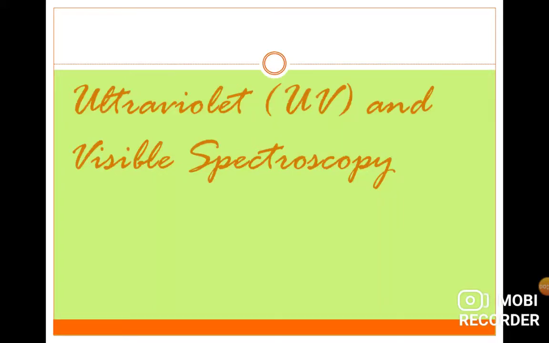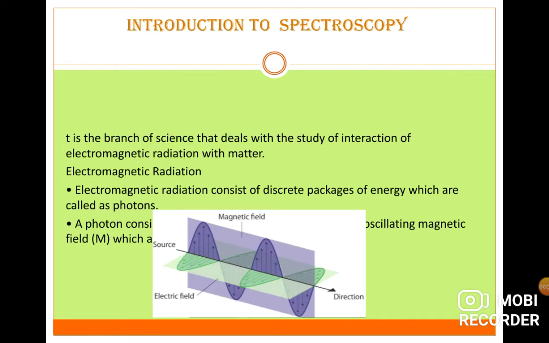So here we will discuss ultraviolet and visible spectroscopy. The basic introduction to spectroscopy is that spectroscopy is the branch of science that deals with the study of interaction of EMR, or electromagnetic radiation, with matter. Before starting the topic of UV visible spectroscopy, we should also know what EMR is, what a photon is, and